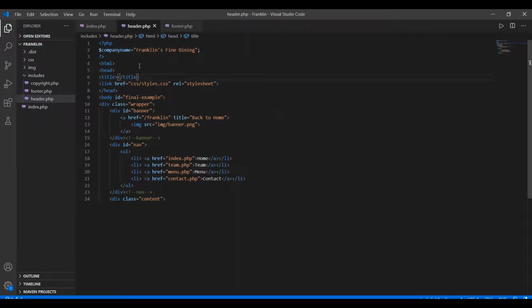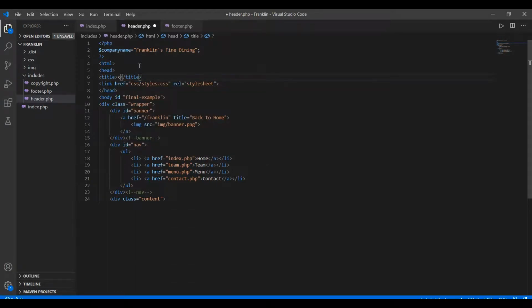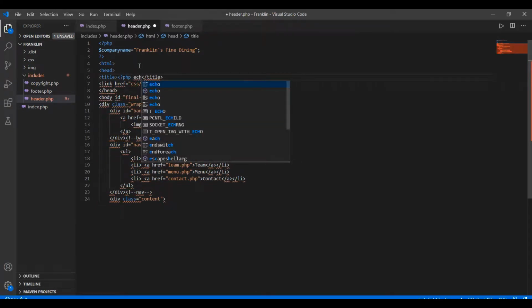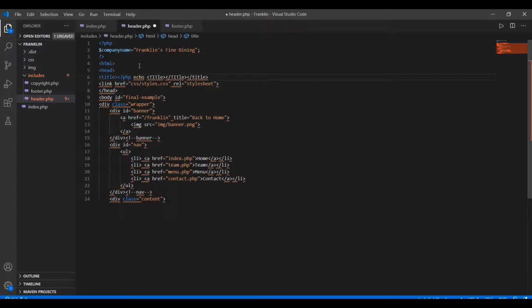In order to do that, I'm adding a line in the header file so that it will dynamically change its header title. I'm using PHP, then echo, and here I'm giving the title.